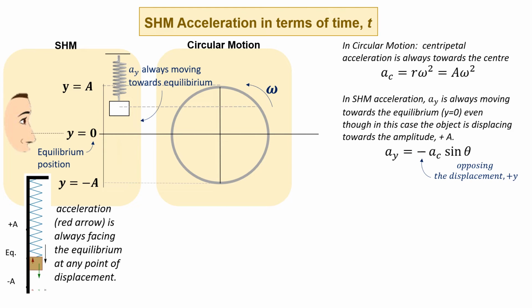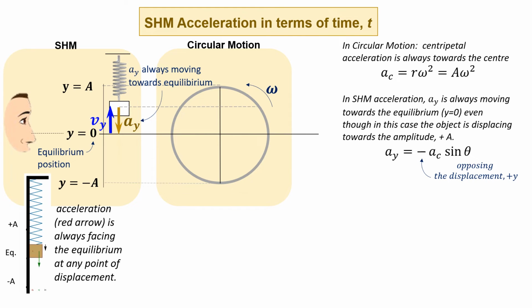Okay, now let's see the simple harmonic motion acceleration in terms of time t. Now we go to acceleration. Pertimbangkan sekali lagi pergerakan simple harmonic motion and circular motion from the object from equilibrium. Dia pergi kepada displacement y. So A always towards the equilibrium. Vy, pergerakan dia ke atas,